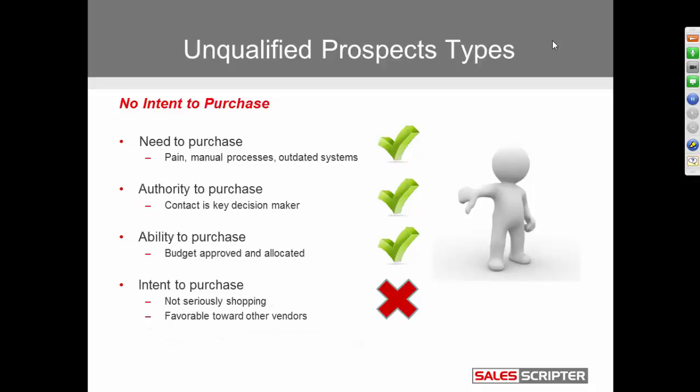And the last unqualified prospect to look out for is the no intent. And I gave you an example of that. Everything's great. They need something. They have money to spend. All the right people are involved. But at the end of the day, they don't intend to purchase from you. And that's often because they're talking to other companies and they're just kind of kicking tires. Sometimes they might get your pricing so they can use that as a negotiation tactic against the company that they want to purchase from.